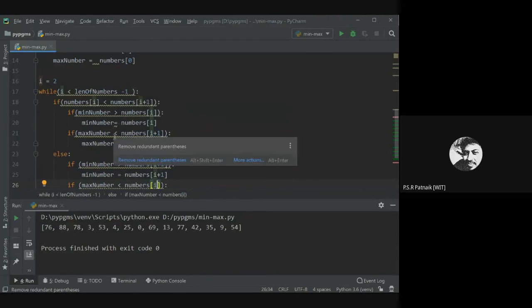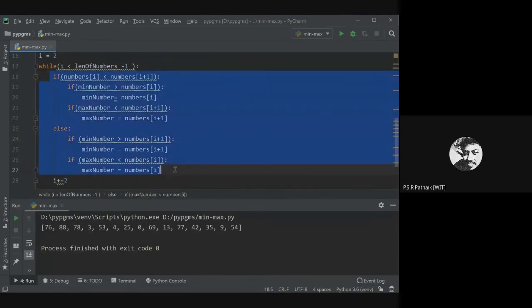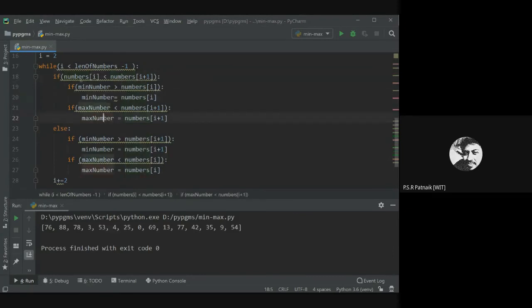Okay, fine. So have you understood this logic? This block I was talking about. Hope you have understood that. Whatever comparisons we did there, the same I have checked. If it is less, compare this with min and this with max. If this is not less and this is less, then you enter into the else block, then compare the minimum number with this and the maximum with the other one. So at any point of time per pair, you will only do 3 comparisons. What is the first comparison? This is your first comparison, and the other 2 are these. So for each pair, you will only do 3 comparisons.